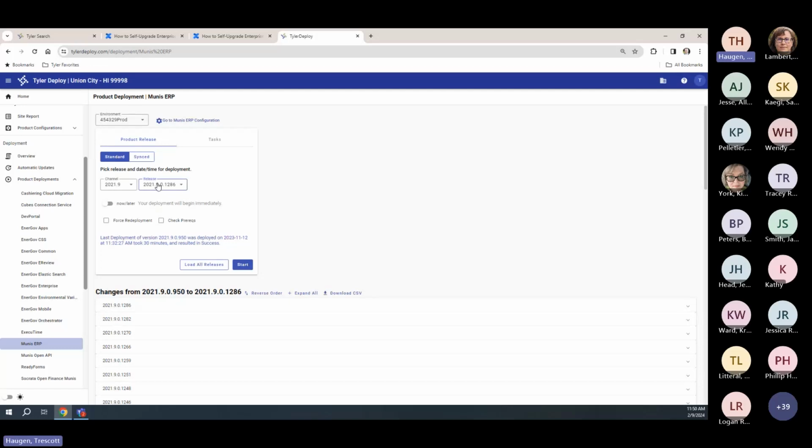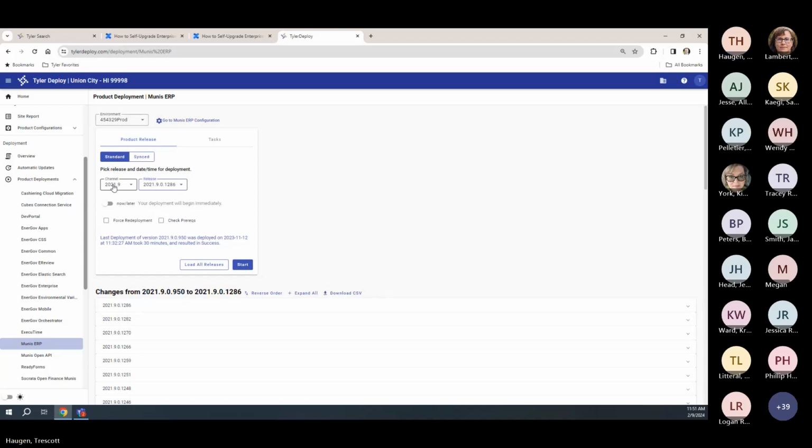Exactly. So again, here we see the word release, and release is that patch or that hot fix with the MUNs. The channel is the quarterly update. So do keep that in mind, because when you go to the release lifecycle policy reference page on Tyler Community, you will see the release, because we call it the quarterly release. However, in here, the release is the last few numbers of that patch. The channel here is that quarterly release, or what we call that larger upgrade that we saw in the